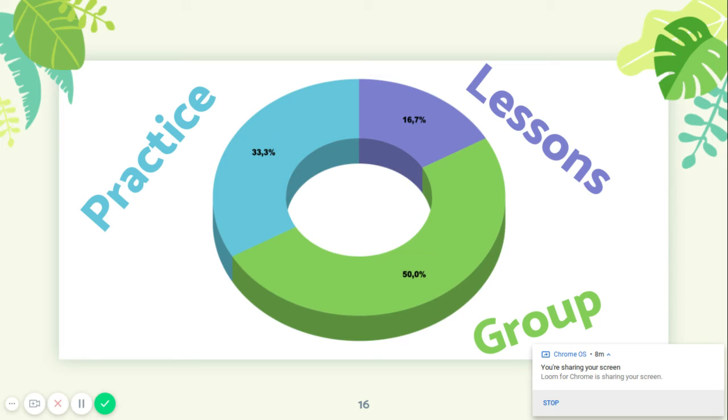But at the end of the day, the thing that should be taking the most time is your practice. That is where you are going to be able to take the skills that you've learned in our group, the skills that you have been refreshed on, the skills that you are working on, maybe that you struggled with a little bit in group and got a little more help with on the lessons, and then practice, practice, practice, so that when you take a quiz, you're able to say, I went from only knowing half of these questions to all of these questions, right? And that goes back to our overall goal for the summer, which is to be successful in math, and to show success, we're trying to show growth, okay?